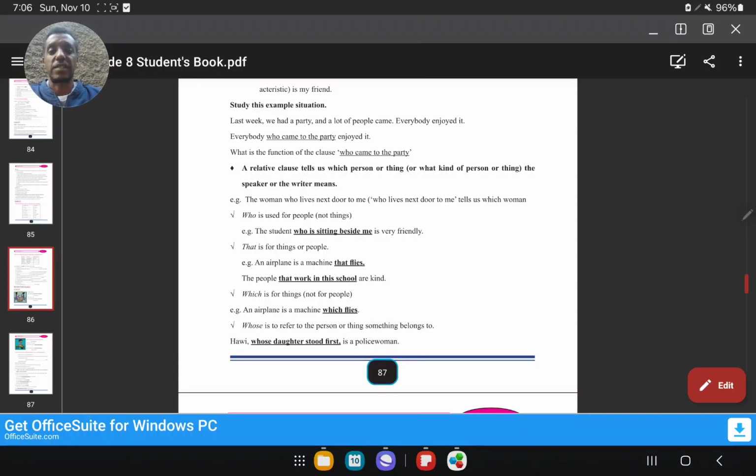ብዙ ጊዜ ፈተና ላይ ስትጠየቁ ኤግዛምፕል በኋላ ሰጣችኋለሁ። Who is used for people. Who ካልን for example you can say who is knocking the door? አሁን ሬላቲቭ ክሎዙን አይደለም እያወራሁ ያለሁት። I want you to know what who is. Who ምንድን ነው አገልግሎቱ? What is the purpose of who? It is used for people. You can say who is knocking the door? ማን ነው በሩን የሚያንኳኳው ልትሉ ትችላላችሁ አይደል? Person, it refers to person. Good job. That is for things or people. ዛትን ለሁለቱም እንጠቀማለን things or people. Anyways, look at the example.